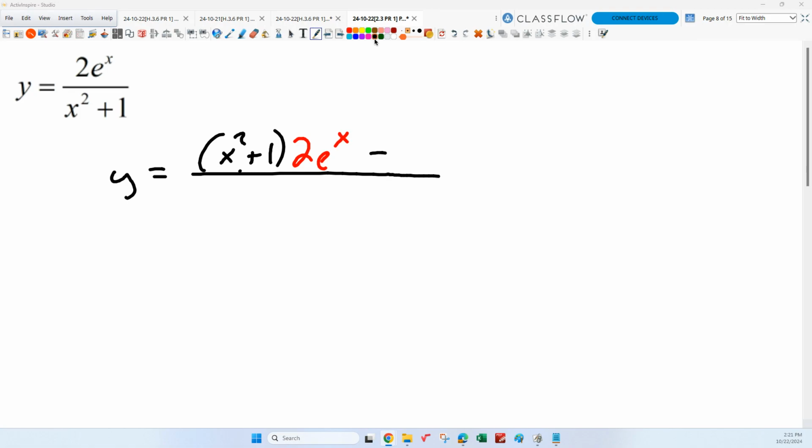Minus high d low, what's that going to be? Jaden, what's that? 2 to the x times x. Times 2x, okay, divided by x squared plus 1 quantity squared, right? And then from there, all we're doing is just distributing and combining like terms, and that's that. Now on the top,